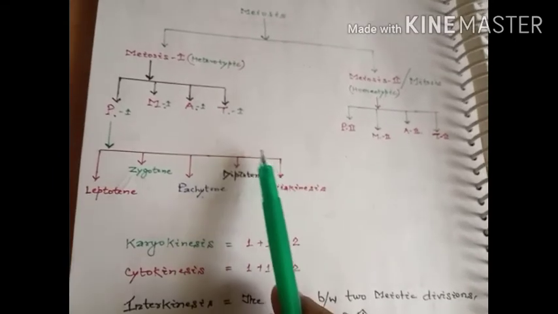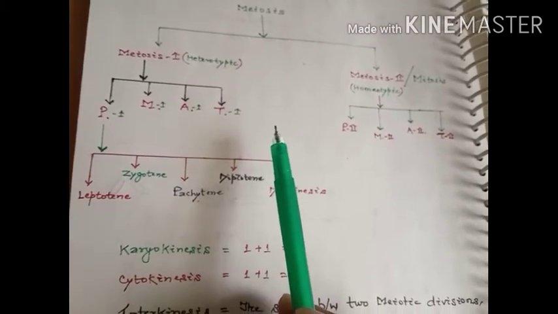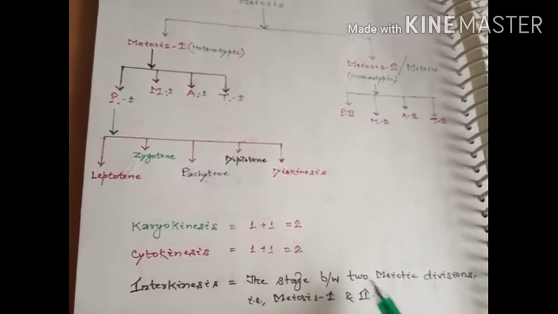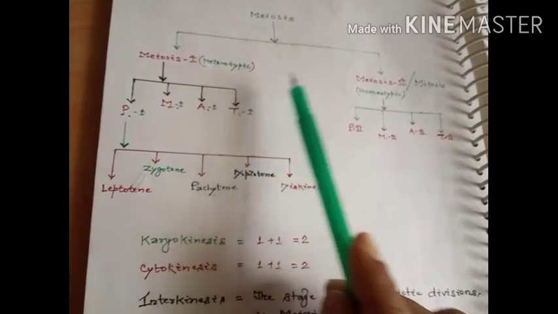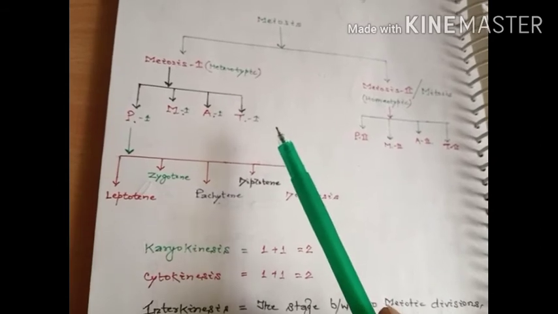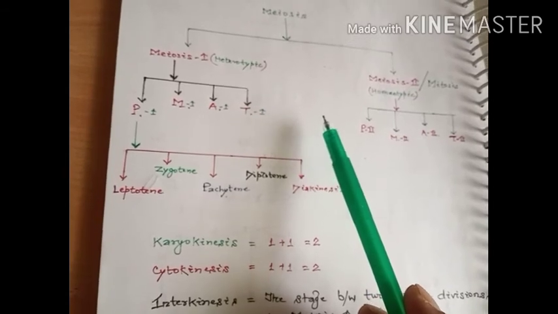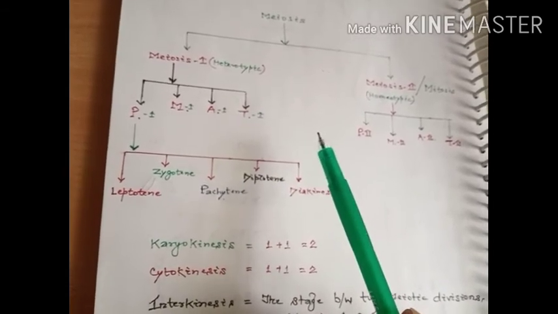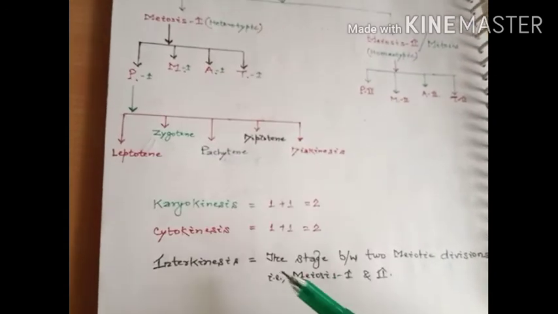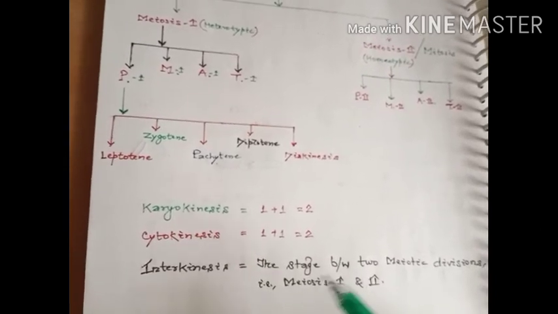So as the cytokinesis after telophase 1 gets completed, the stage called interkinesis takes place between meiosis 1 and meiosis 2. Within this stage, there is no replication of the DNA, and this is also necessary for bringing the true haploid DNA in the daughter cells. In fact, it is considered to be an incipient interphase stage.